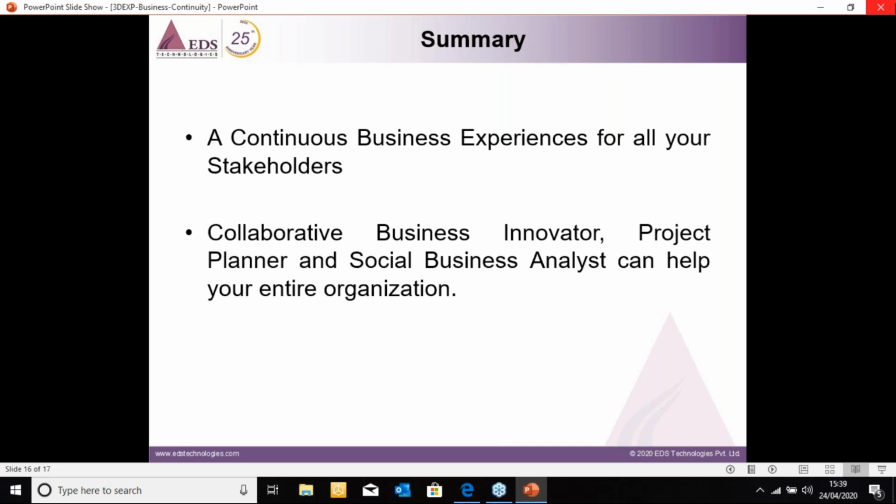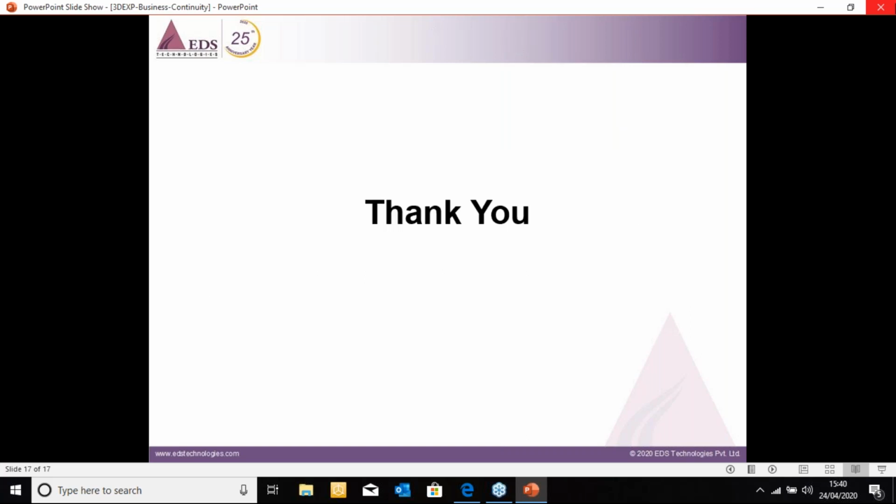We have just seen in the previous slides the solutions that can be utilized to address this, which are your business innovator, the project planner, and social business analyst, that can help your entire organization stay connected with your internal and external stakeholders. With this, I would like to end this session and take your questions.